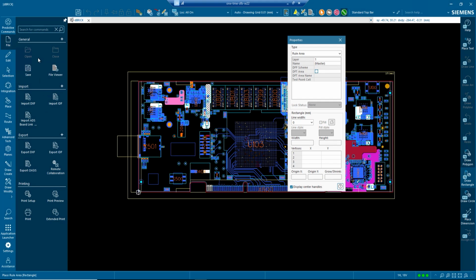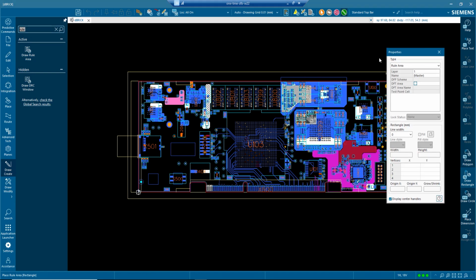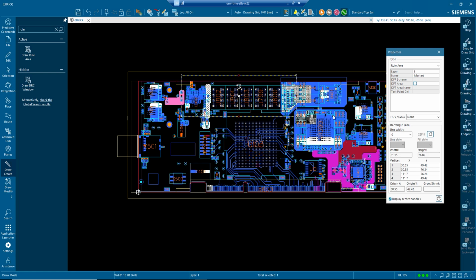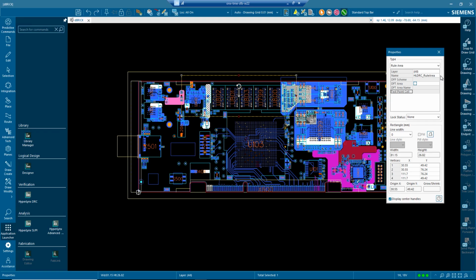The 2510 release brings rule area and constraint area support for layout tools. Here, in Expedition Layout, simply create a rule area object, in this case to run Hyperlinks DRC electrical rule checks on a targeted portion of your PCB. Here I have 5 DDR4 DRAMs on my board, and I will run electrical rule checks in this area of the board.